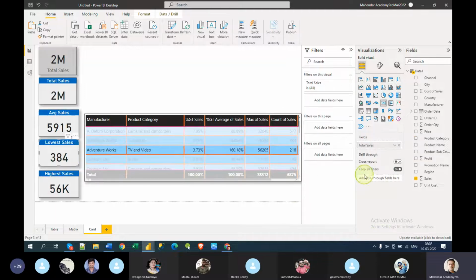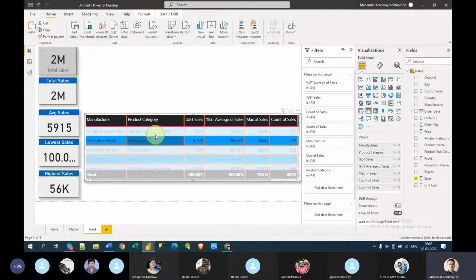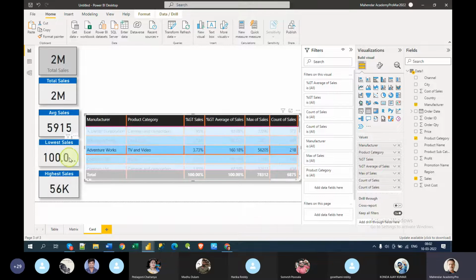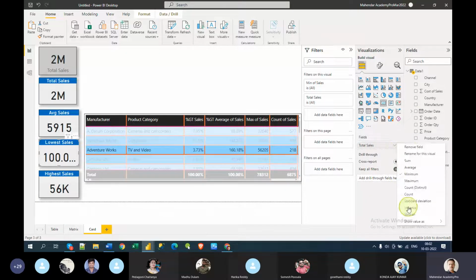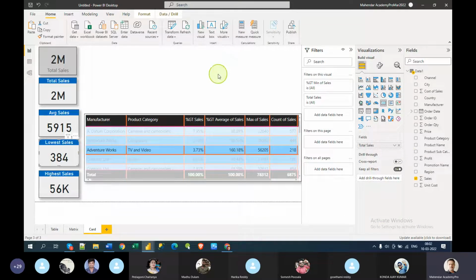Okay, let me show you this as a percentage value. The grand total. Whenever you show this as a grand total, it's always giving 100%, which is wrong. So here the card, in this case, is not working. But the percentage, I will tell you how to calculate later when it comes to DAX. That's where we do a real calculation.